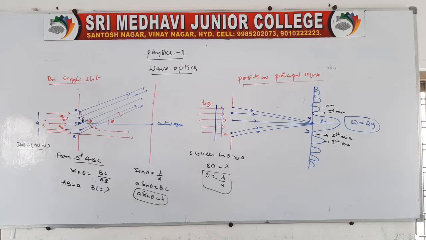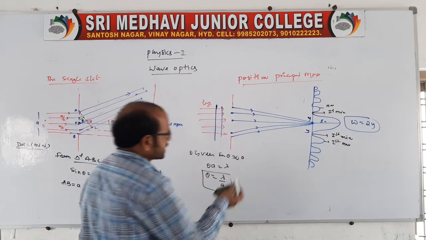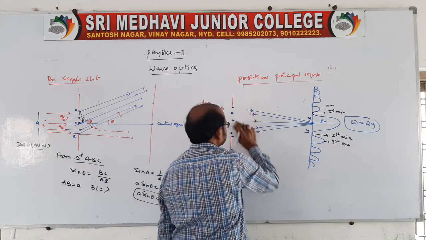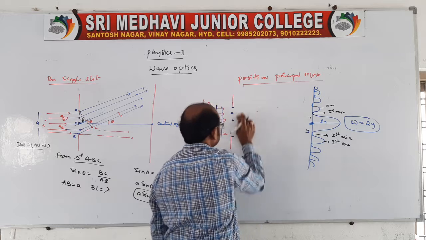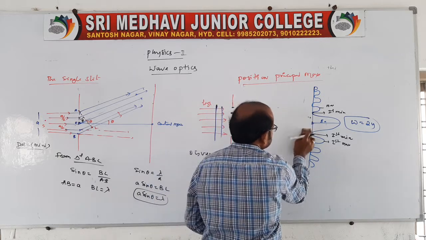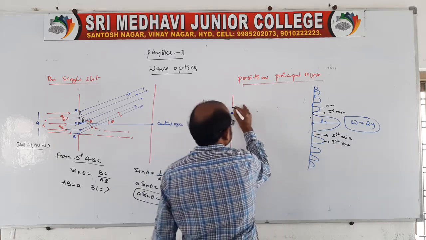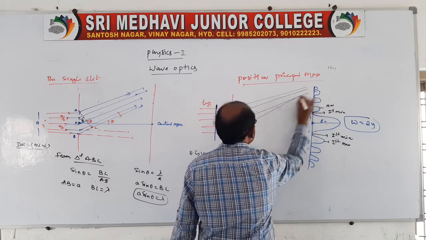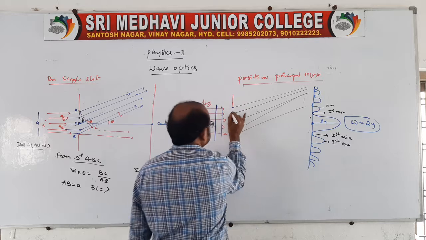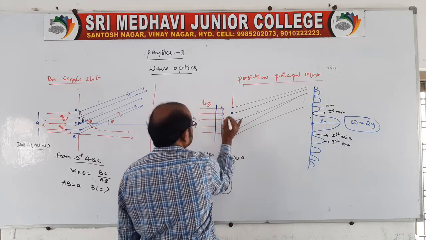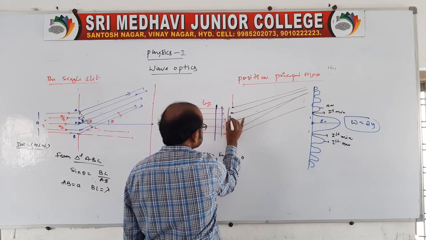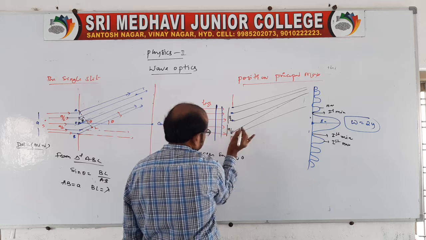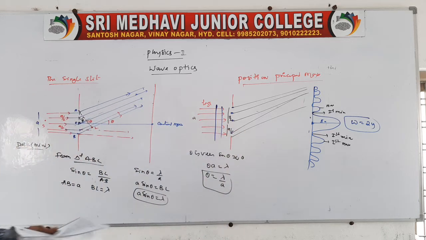Now I would like to tell you one thing. If you take this single slit diagram, I am modifying it now. You take it like this. If the wave is entering, the rays go like this and bend like this. Now you make two halves. This total width is A, no? You make it A by 2, and you take the other as A by 2. Right? Shall I take it like this?